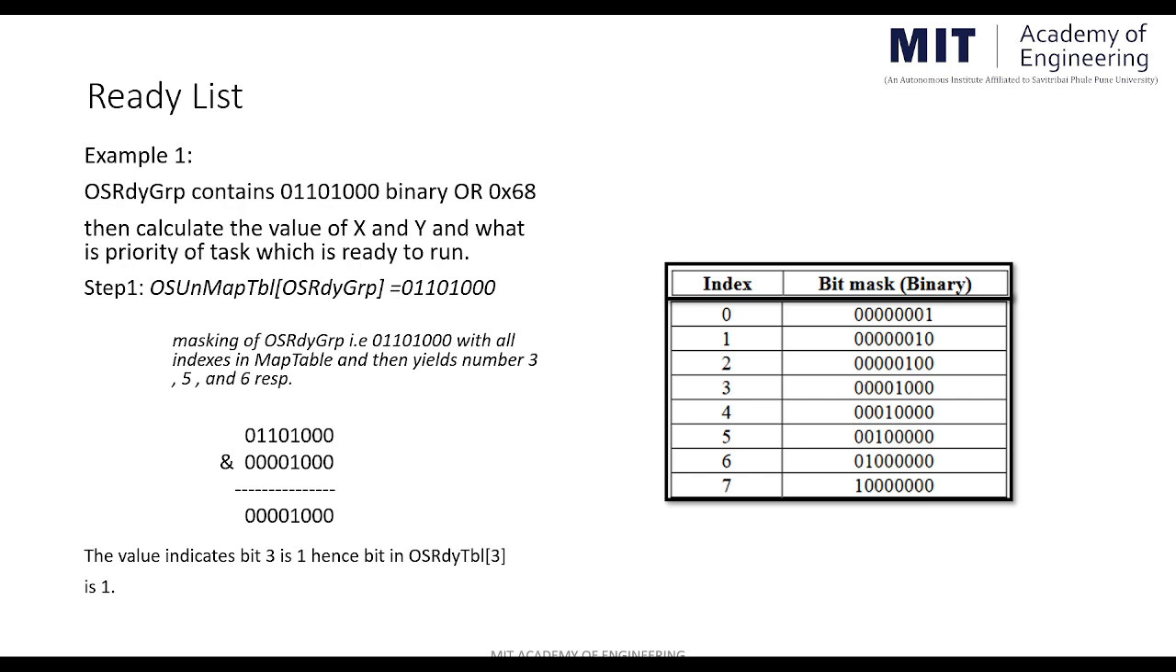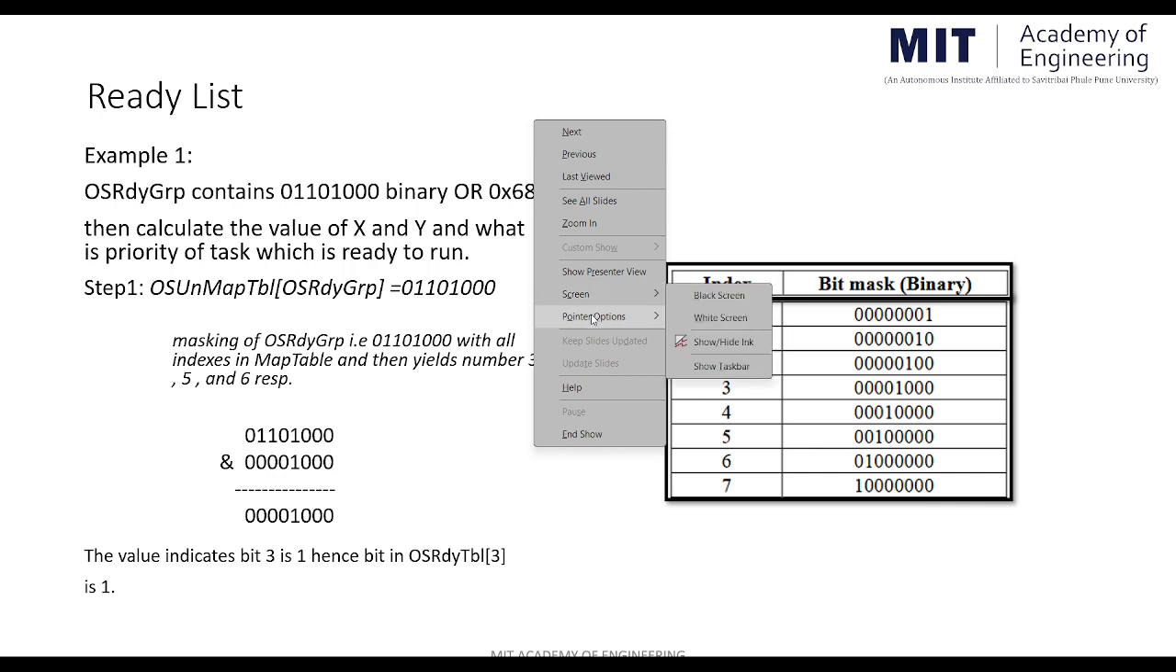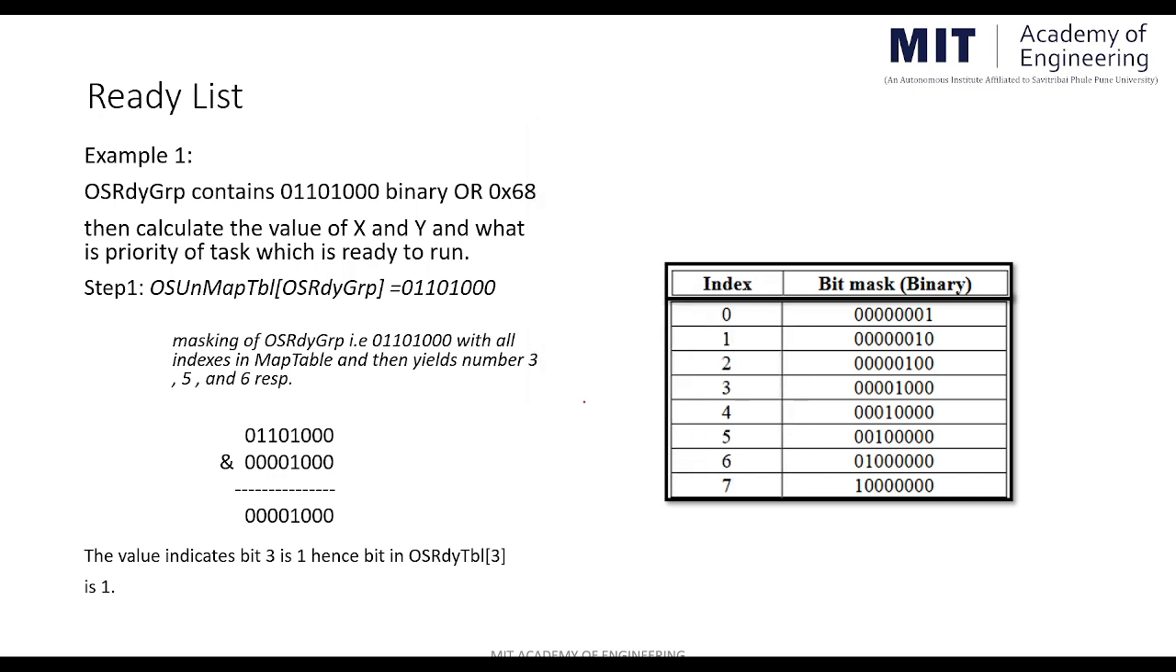In the previous video, we have seen the OS_RDY_GRP and the OS_RDY_TBL array, which are the two important structures used by the kernel to decide which priority task is ready to run. So all the theoretical part we have covered in the Part 1 video. Now we have to see the numerical here, how the scheduler or the kernel can understand which priority task